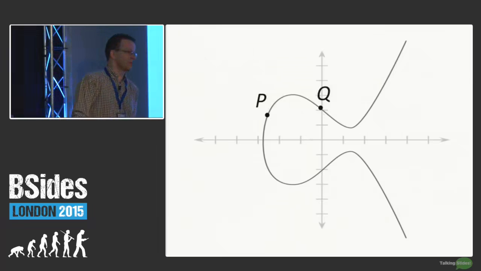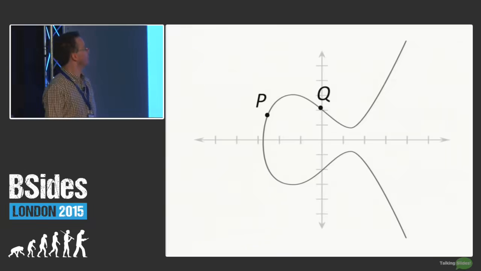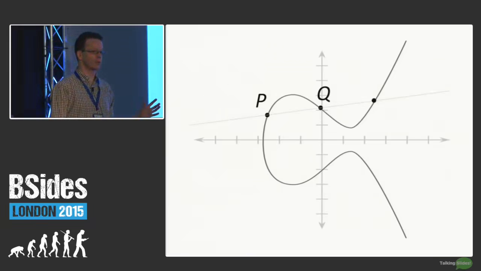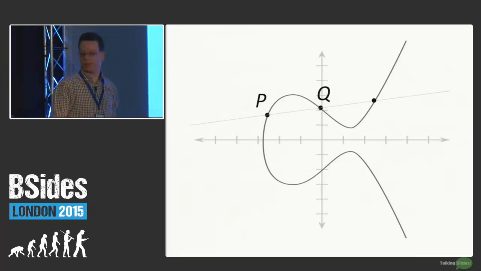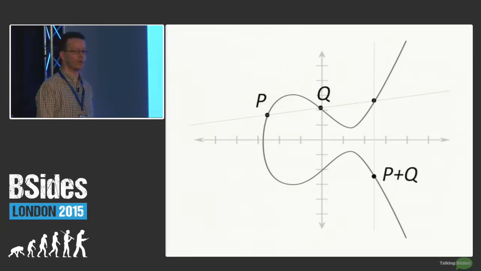The most important property, or one of the most important properties, of elliptic curves is: if you take 2 points on the curve, P and Q, and you take the line through P and Q, there is always one such line, then there is a unique third point on the curve on this line. And a second important property is that the curve is, as you can see, symmetric in the horizontal axis, the x-axis. So you can take the vertical line through this and you get another point on the curve. And this point we call P plus Q.